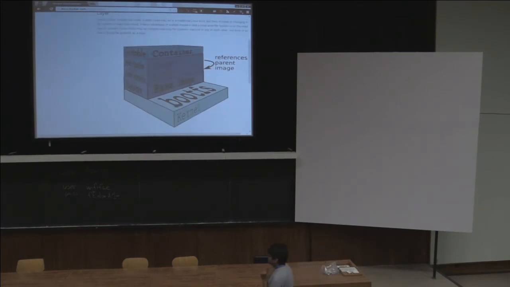Right. So here's what Docker containers look like. There is a kernel, over which there is a bootfs. The OS layers go over that, over the kernel image. Then, for example, if you want to add some basic software like Emacs or Vim,